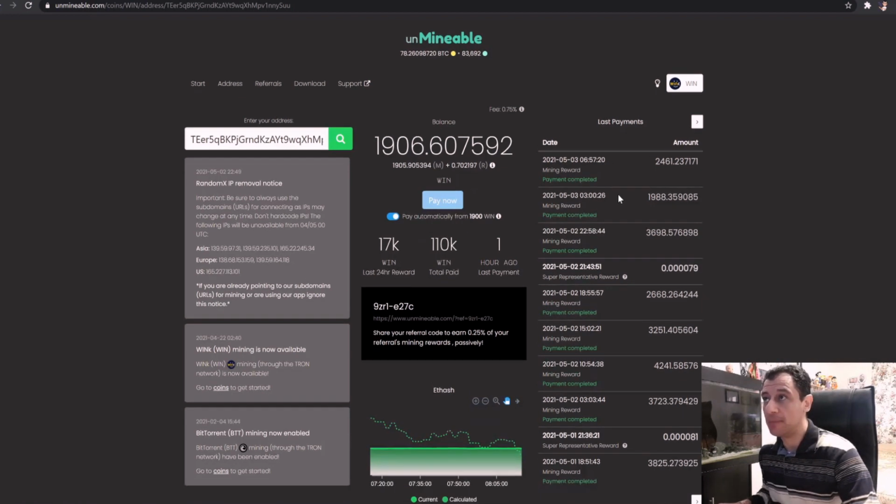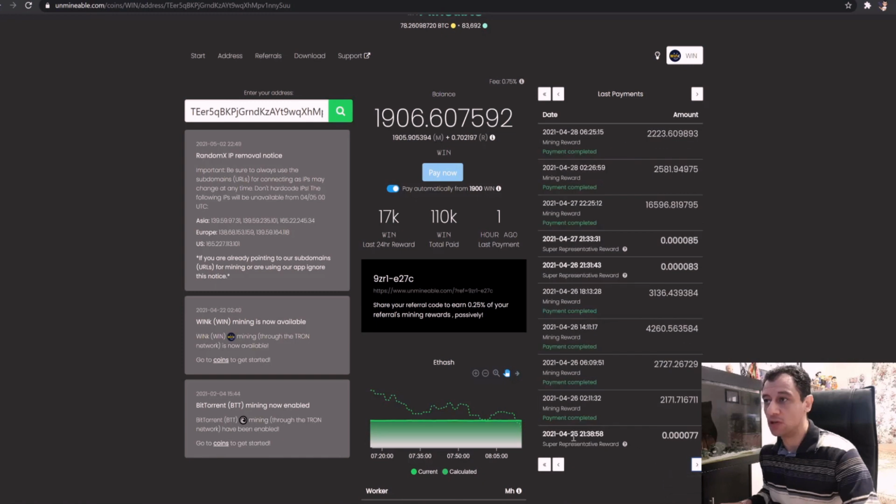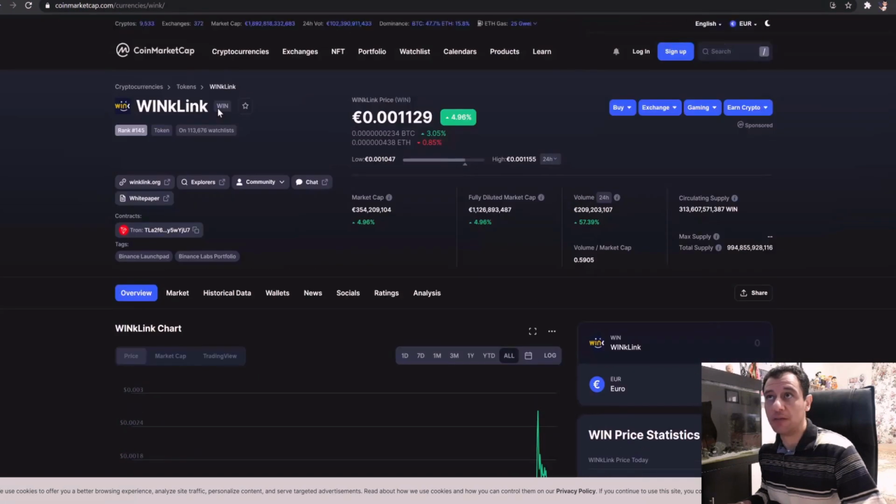Here are all my payments here on the right. And if we just go back just to show you the first time I started this, it was on the 25th of April, and today it's the 3rd of May. That's exactly 1 week. Now, if I were to check the price today, which I already have open here, Wincoin is at